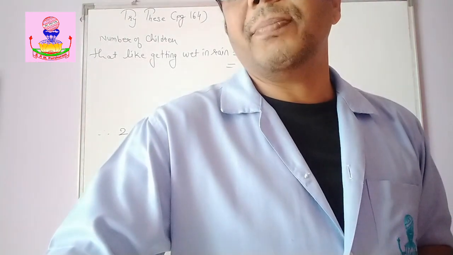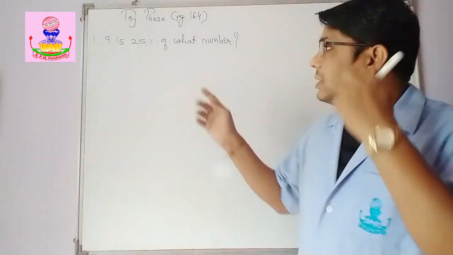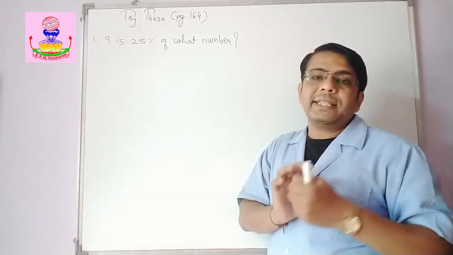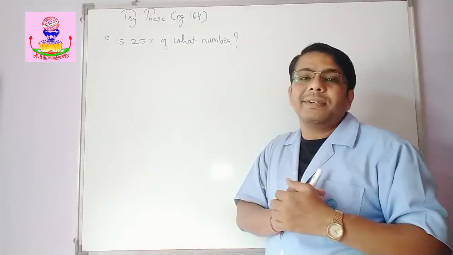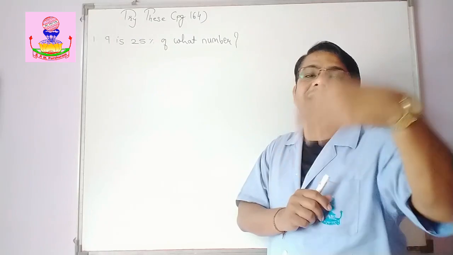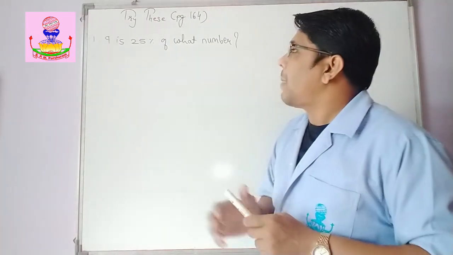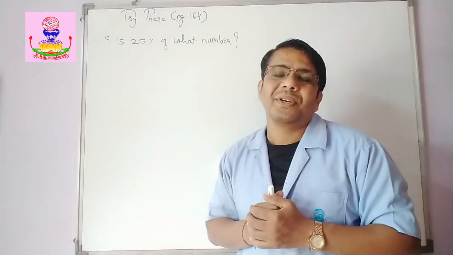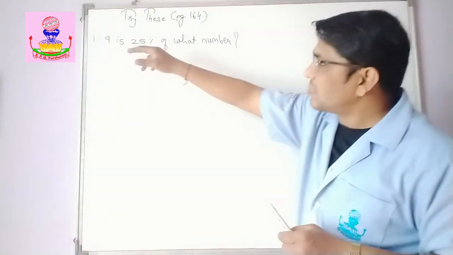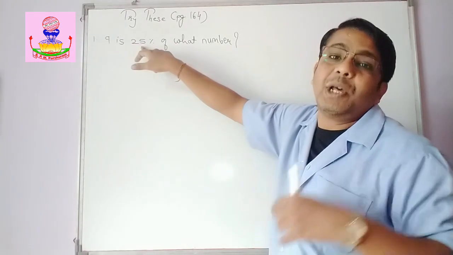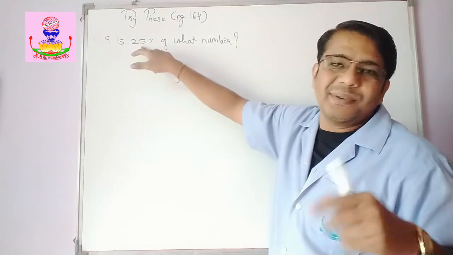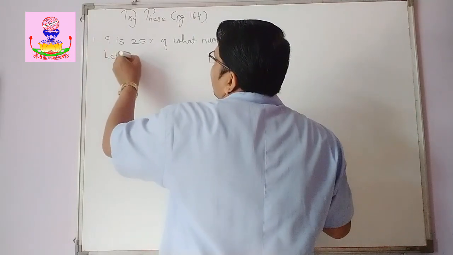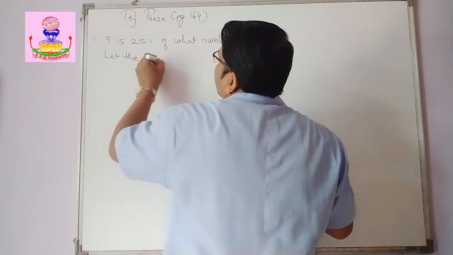Now next try these on the same page. Now understand the difference between this example and the previous example. In the previous example, we were supposed to find from the given percentage how many. Now here, part of that is given and you want to find the whole. Last time I have explained. Now here, 9 is 25%. But of what? Do we know that? We don't know. So we can say, let the number be x.